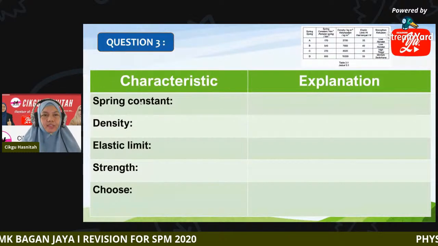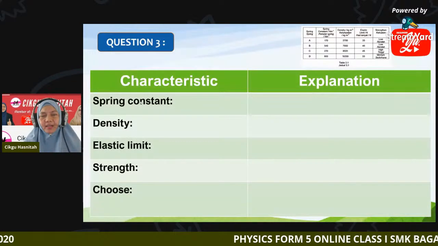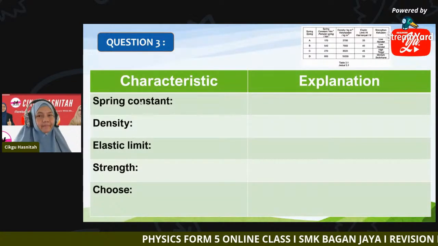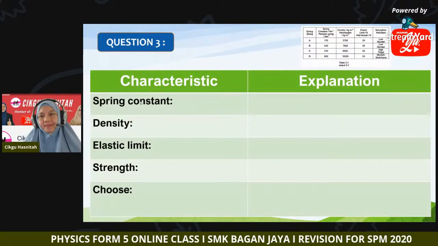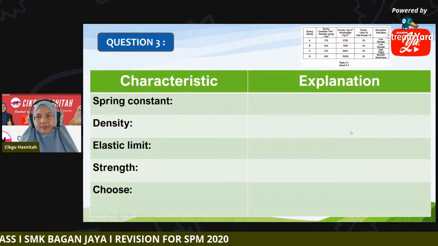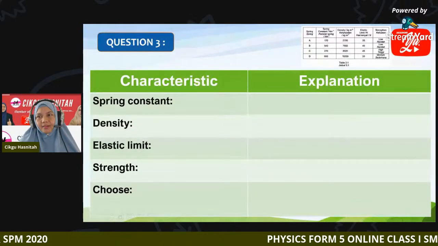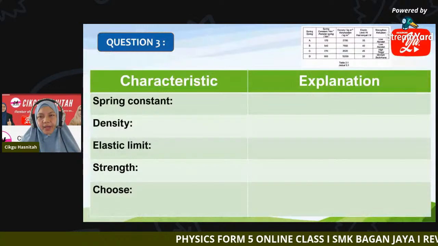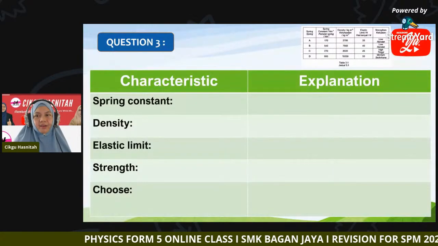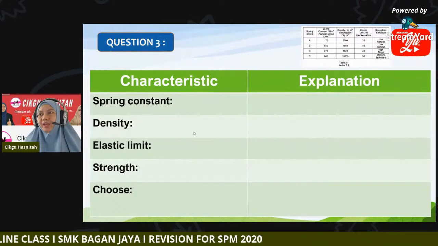Spring constant, you choose high or you choose a low spring constant? High or low? Anyone? Okay, so for the spring constant, yes, Wei Liang, we choose a spring with low